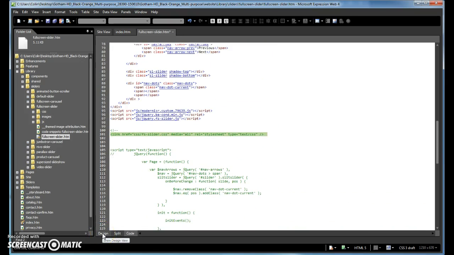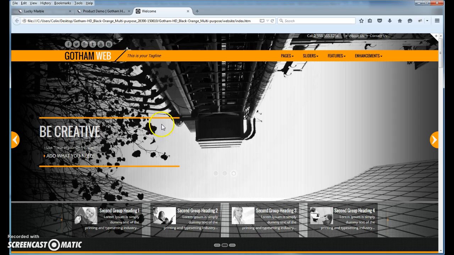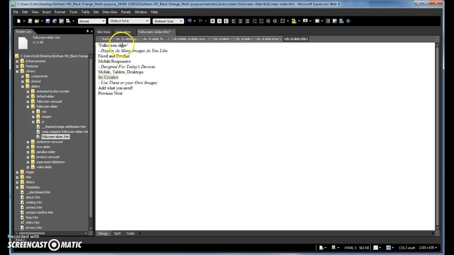Okay, and watch this. I'm going to flip over to the design view now, and it's all just easy text. If you just want to change the text in here in the design window, go ahead and do it. There's the next line, there's the next line, there's the mobile responsive, there's the be creative. So the text that you're reading in the slider right here, you can just quickly go into the design window in Expression Web, make your changes, right? Save it, and then when you're done, just